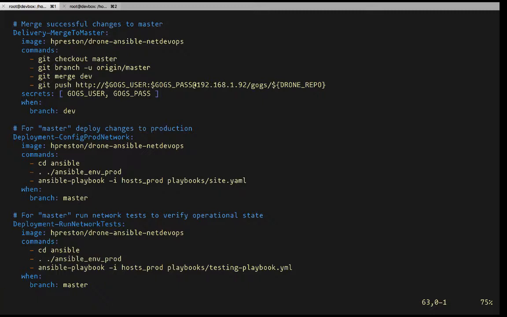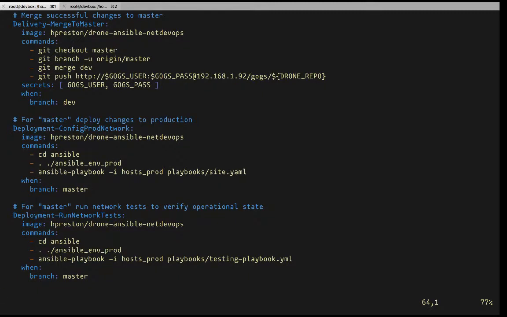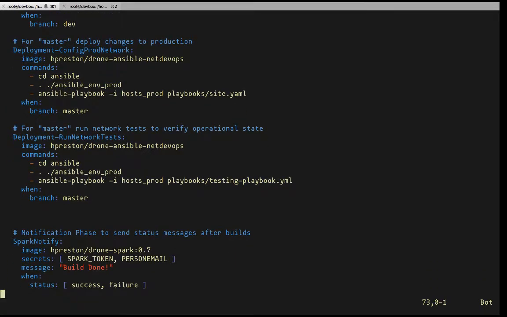Upon successful completion of the test environment, a notification would be sent from Drone to the WebEx Teams bot so that we would see that the test environment has succeeded, and then the dev branch would merge with the master in the Git repository in GOGS. And then from that, we would go ahead and rinse and repeat by going through the same testing through Ansible with the Ansible site.yaml playbook, and then subsequently